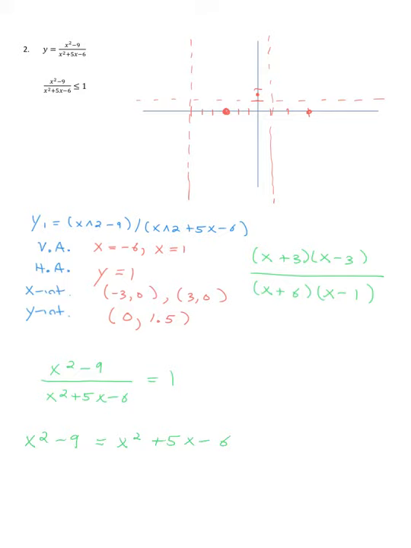This time, the x squareds do cancel from both sides, but the x's do not. If I add 6 to both sides, I get that -3 is equal to 5x, and if I divide both sides by 5,